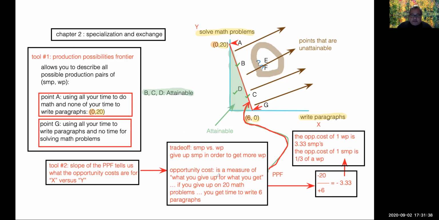And so the slope of that line is an indication of the trade-offs that that person would have to undergo in order to achieve either more math or more English. You can't have both because you don't have enough resources to go beyond the red line. And so in this case, to go, say, from point A to point B right on the production possibilities frontier itself, means that you are foregoing solving some math problems, and in exchange for foregoing some of the math problems,